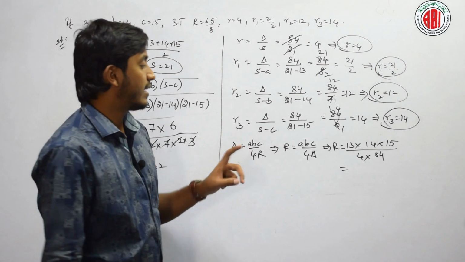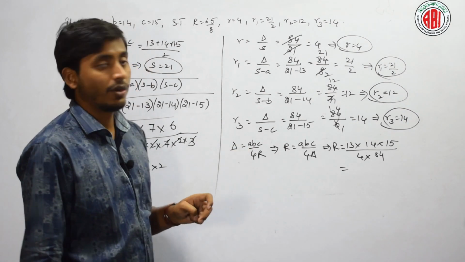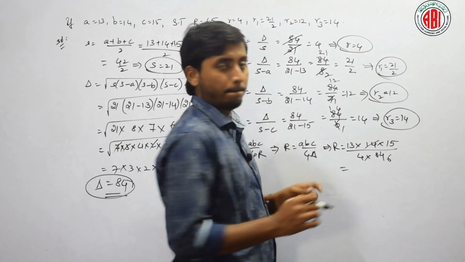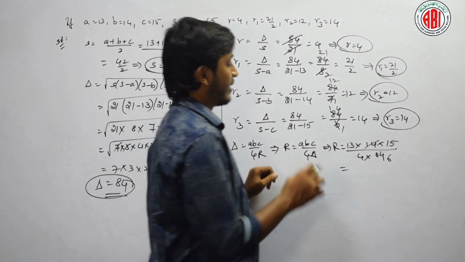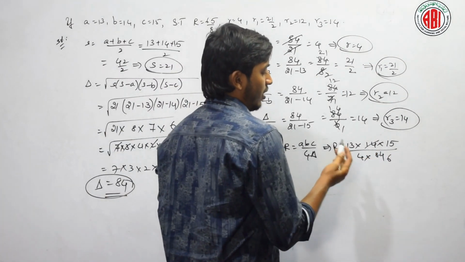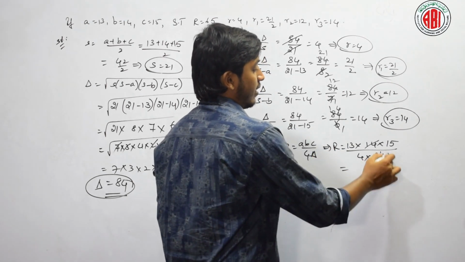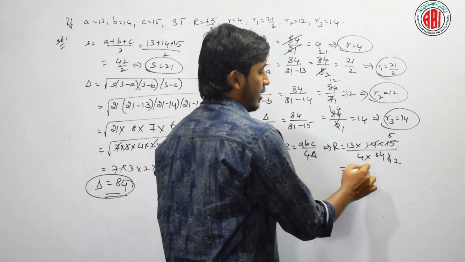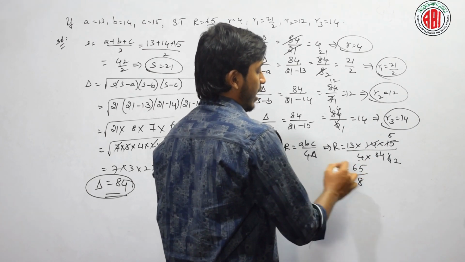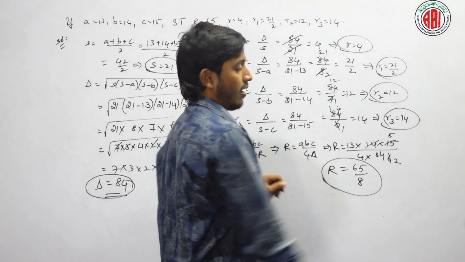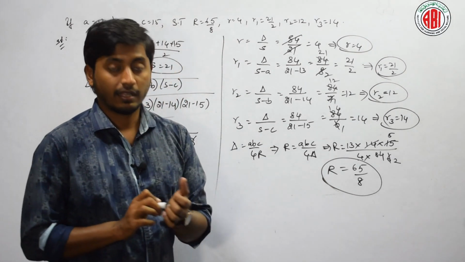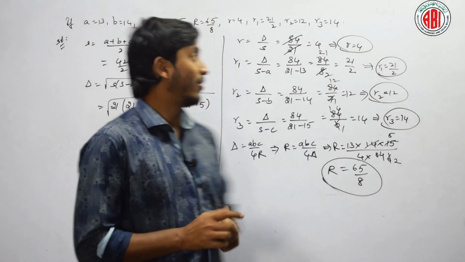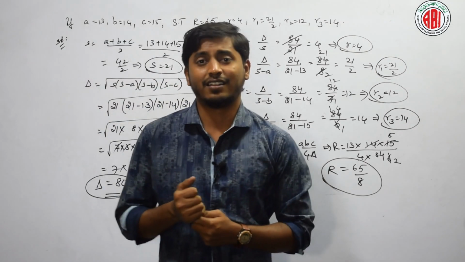Okay. Now, just cancel with what table will it go? 14 ones are 14, 14 6s are 84. Okay. And the next, which table more? That is it. See here, 3 2s are 6, 13 5s are 65, 4 2s are 8. This is the value of R. Clear? How is the problem? Again it is easy, right? Shall we move on to the next problem of same kind?